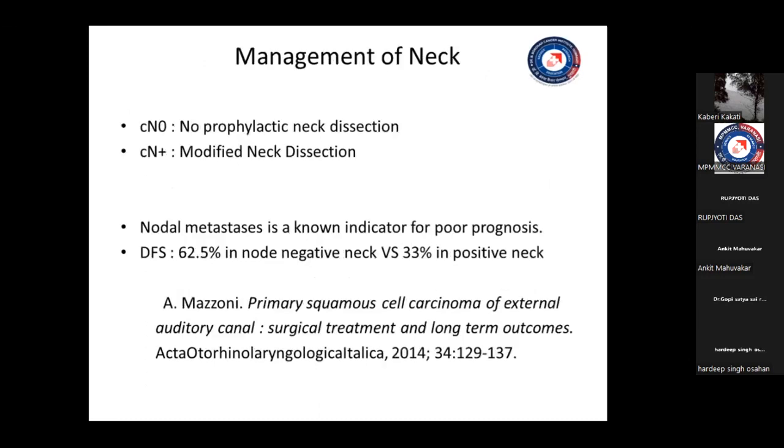Coming to the management of neck, the protocol is we do not go ahead with a prophylactic neck dissection in clinically N0, and we go ahead with a modified neck dissection with a clinically N plus neck. But we go ahead with a superficial prophylactic parotidectomy in T3 and T4 disease with a level 2 nodal sampling. As discussed already, the nodal metastasis is always a bad indicator, and the survival drops from almost 60 to 30%